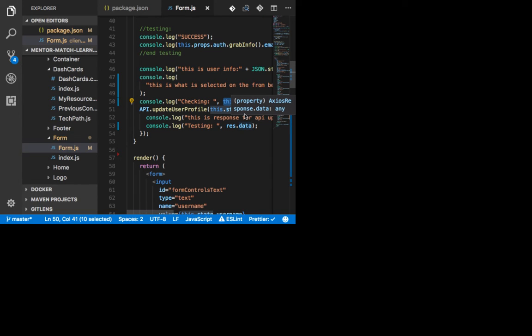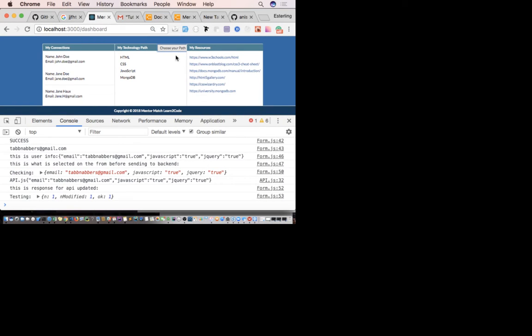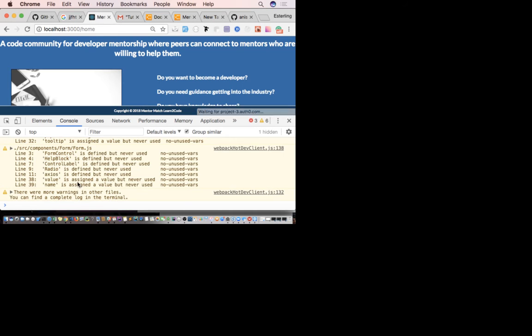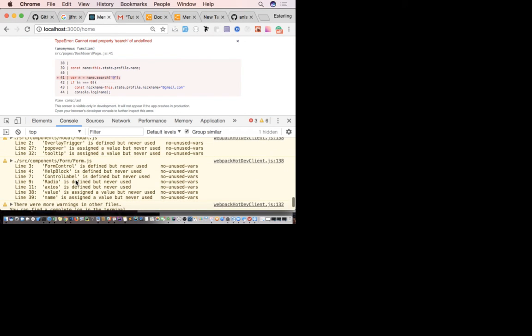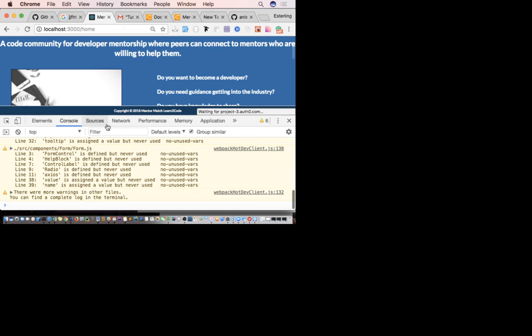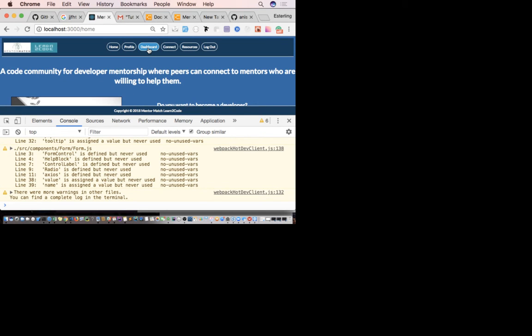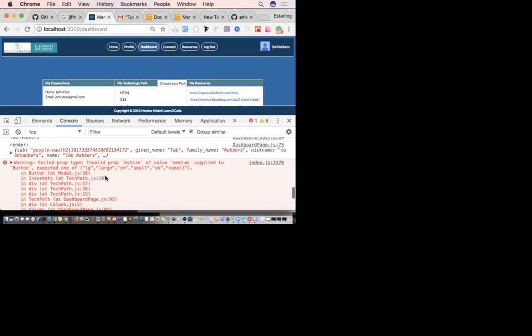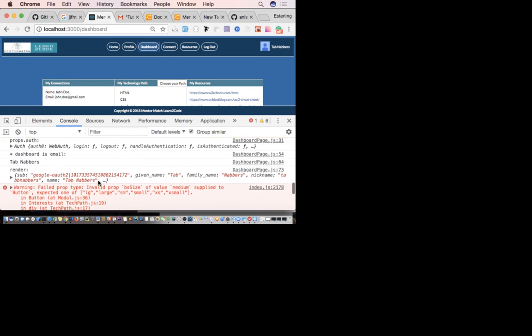When you close that form, refresh the dashboard, and then open the console log. Close the form, the modal, which is closed. Refresh. Refresh it again. This is what we know. And go to the dashboard, right? Okay.